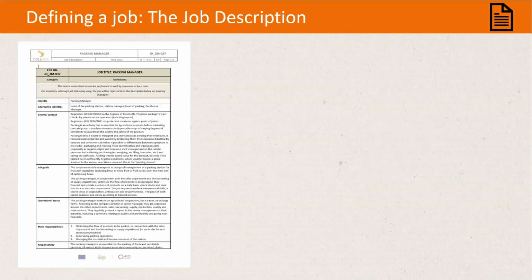Let's look in a little more detail at how the job descriptions are created. To define the job, we used a template, the job description, which helped us to define each job precisely. The job description is a very useful tool for us, but also for the trainers. It's a tool that helps us to better understand our target audiences, to better understand who they are, to better understand their needs in terms of capacity building. So it's the tool that's going to help us to formalize a training request or to draw up a program.